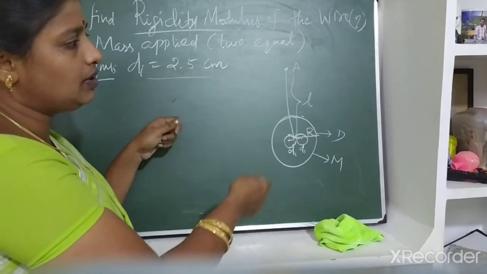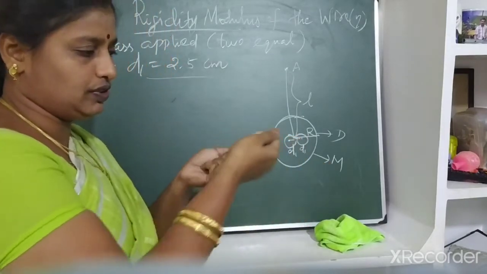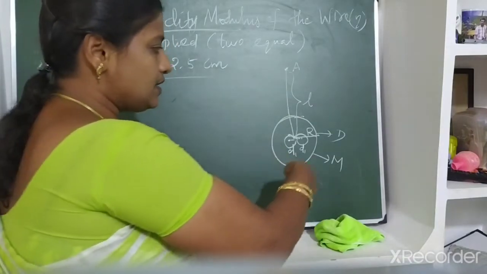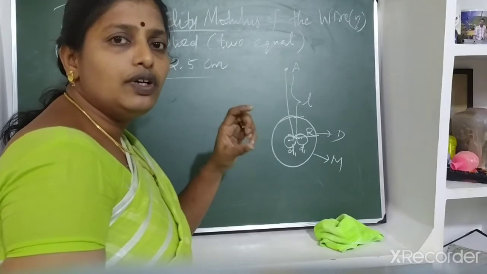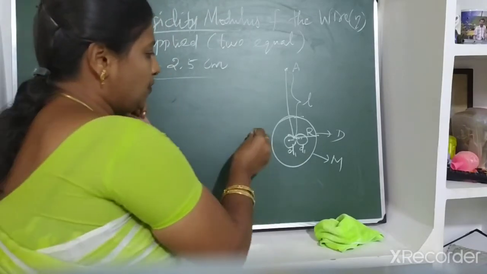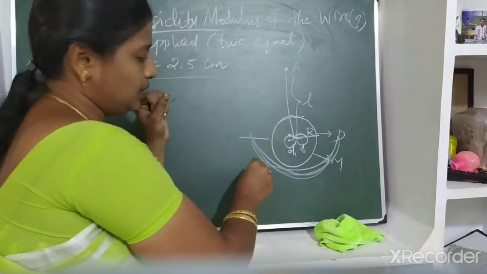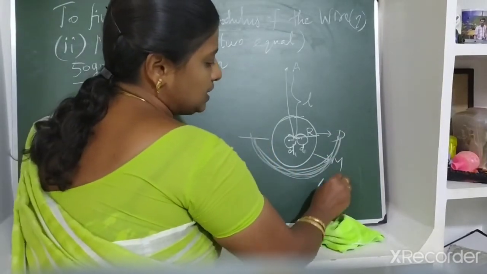These are 2 equal masses, fixed after. We have to twist one side, and the deflection is produced on the opposite side. The oscillation is slowly moving. Find the time period using a stopwatch, by counting the number of oscillations. Left to right, coming back to left is 1; left to right, coming back is 2; left to right, coming back is 3. Find the time for 10 oscillations.